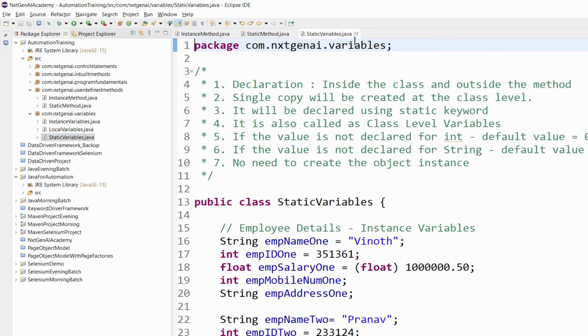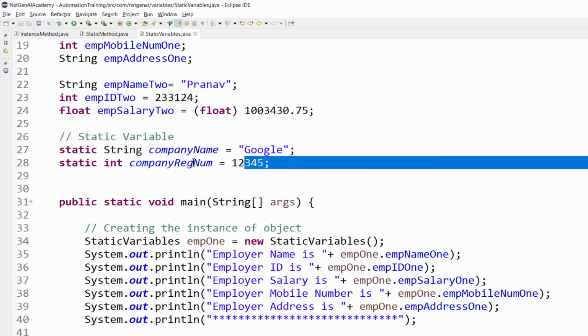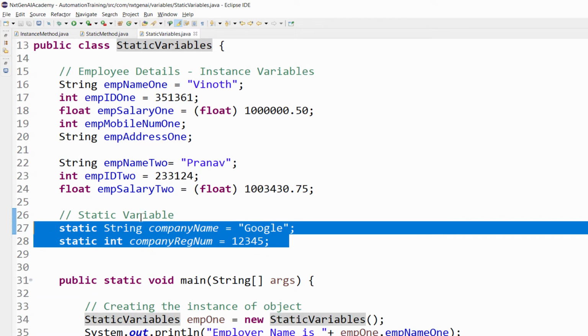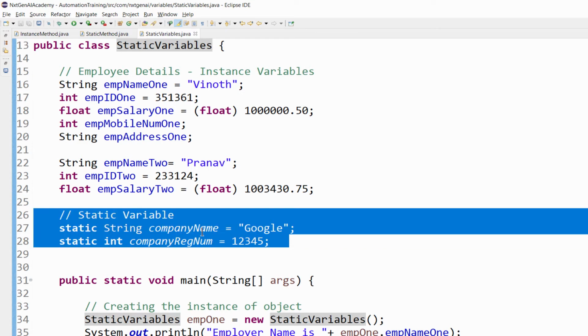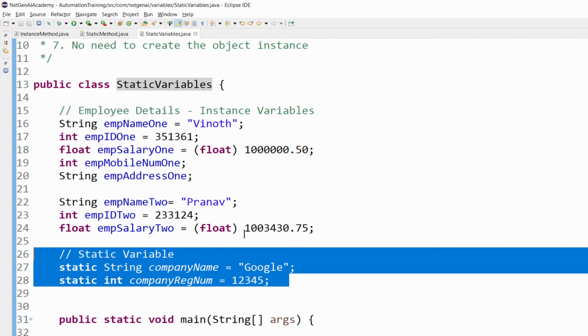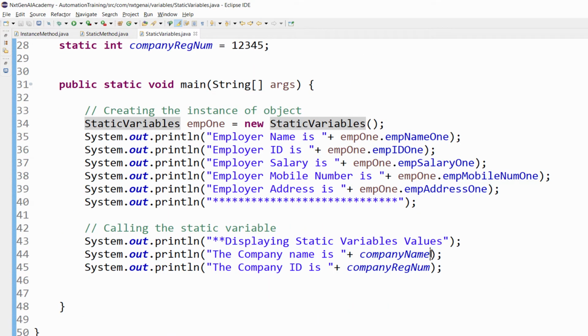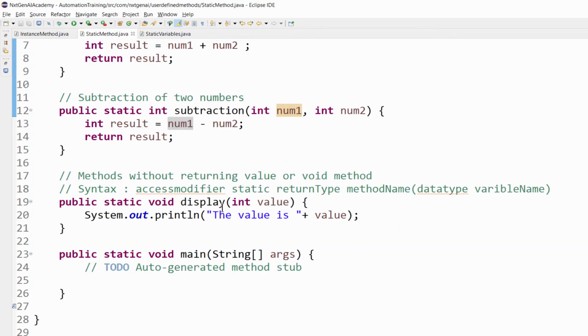So let's go back to the static variable. In the static variable, we understood things like company name and register number, which are common for all the employees. So we include the static keyword so that all the employees can use these two variables. And to call that particular static variable, we understood one thing: no need to create the object instance. It means we directly called the variable. The same concept is applicable for static methods also.